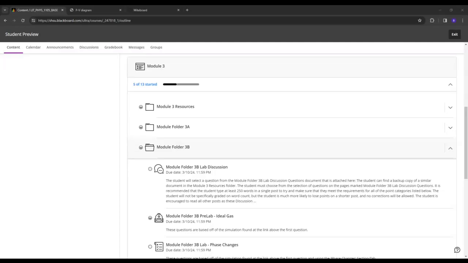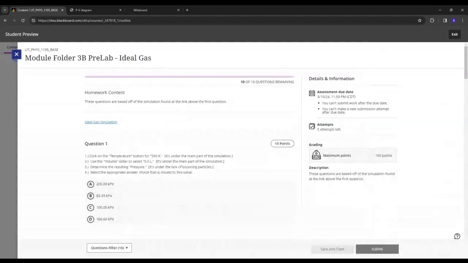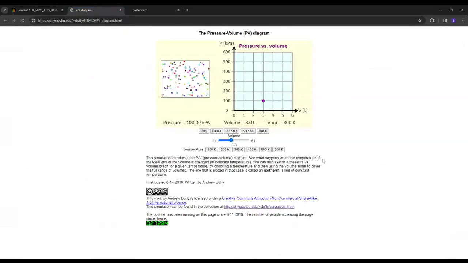All right, so let's go ahead and look at some of the information necessary to complete the module folder 3B pre-lab for ideal gas. Again, I've preloaded the simulation just to avoid any issues sometimes occurring with these loading slowly. Okay, then with this, what we want to think about, these multicolored dots are to simulate gas molecules that are bouncing around, bouncing off of each other, bouncing off the container, and a couple of things we want to think